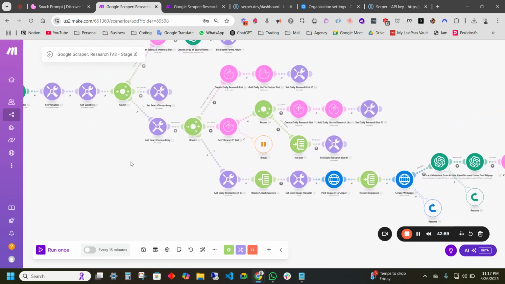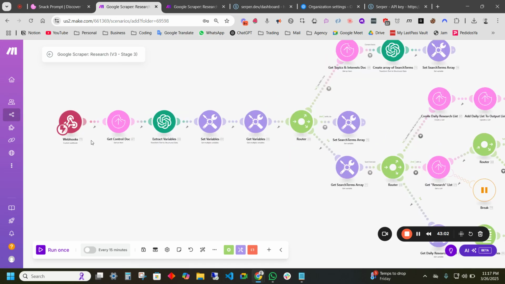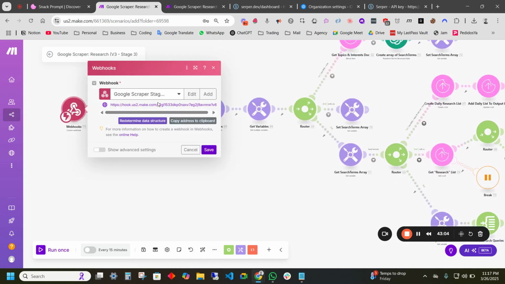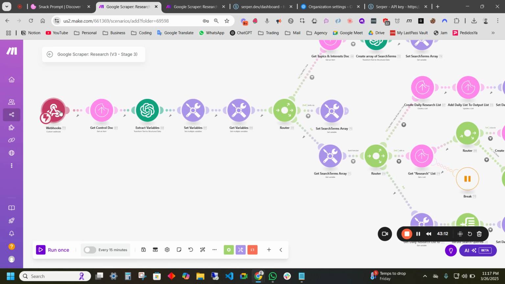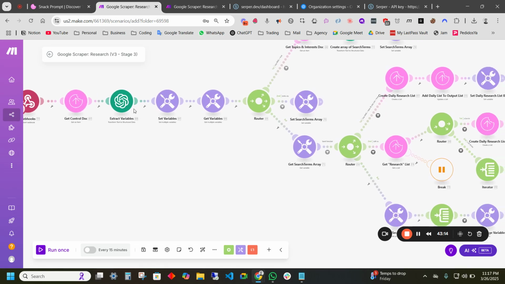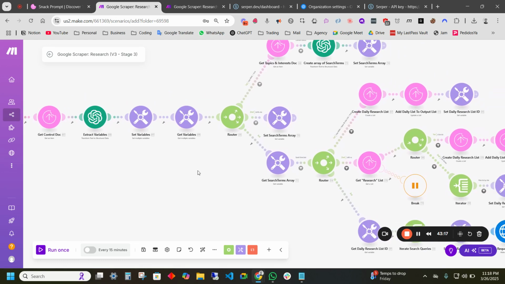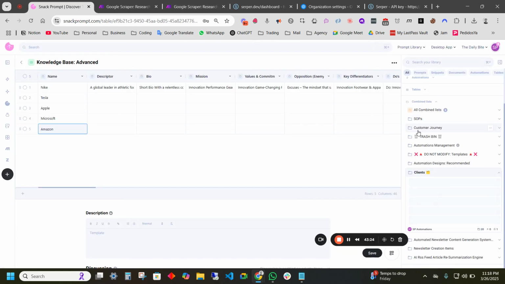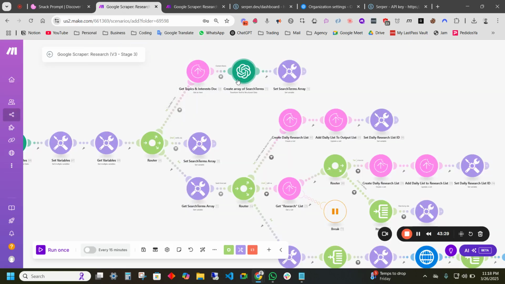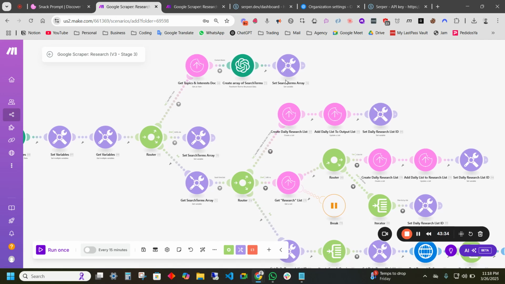Okay, so we've created all of our connections here for stage 3 of our automation, and we also have set up the webhook for it. Essentially, since we're sending the ID through this webhook, we get the control doc, we extract those variables with ChatGPT, we set those variables, and then we get the topics and interests document from the knowledge base. So we'll get that document, we'll create an array from those search terms, and then we will set